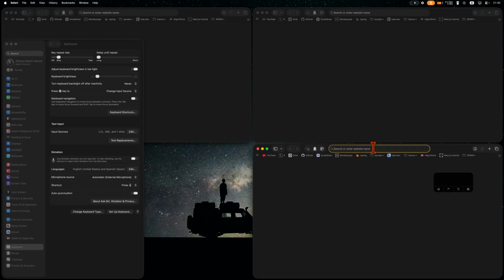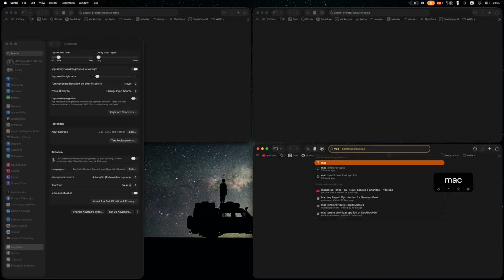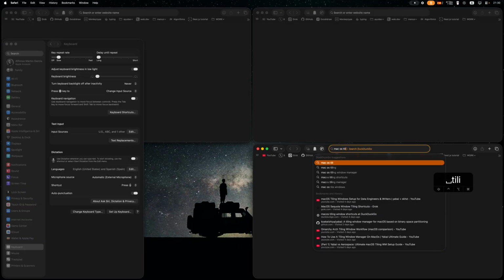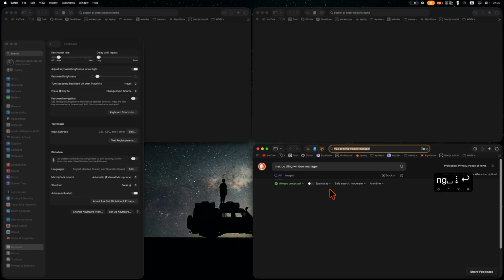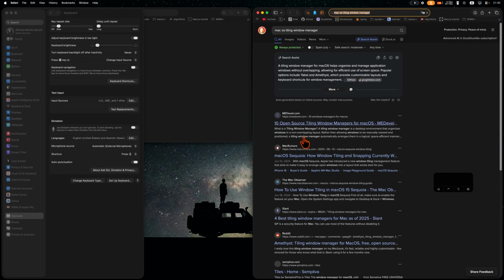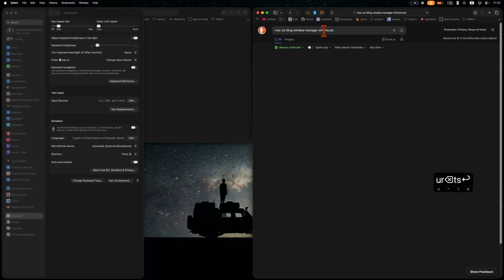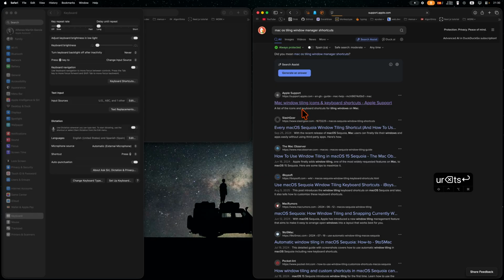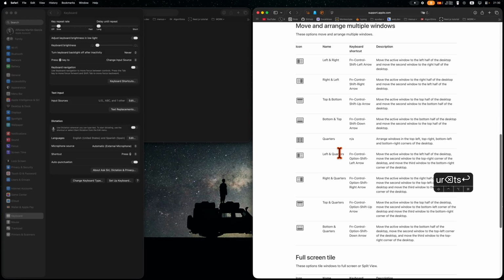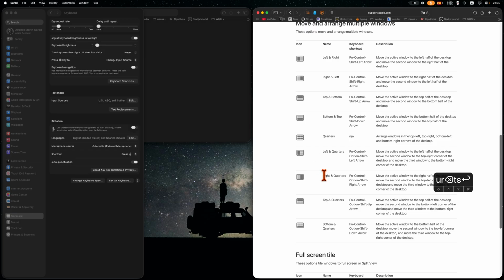But if we go and we search for macOS tiling window manager, okay, that would work. I'm gonna go this way. Shortcuts. The thing is that Apple does this thing where they would show you these on the website, but they are not on the real version. I don't even know if now on this